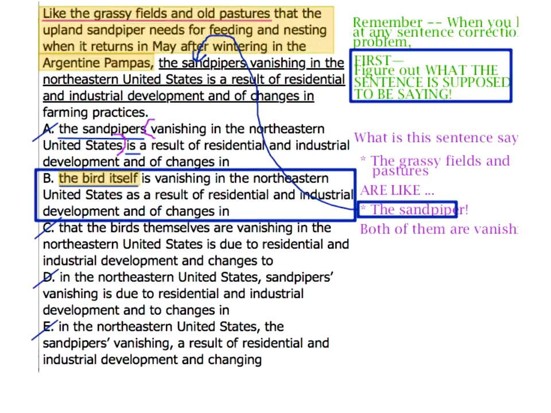Well, the first part is a modifier. The first part is basically just like the fields and pastures. The rest of it has a subject and verb in it, but that's all within a modifier. Like, notice that the bird needs for feeding when it returns in May. You can take that blue part in parentheses out. So basically the entire first part is just like the fields and pastures. So, some modifiers have,